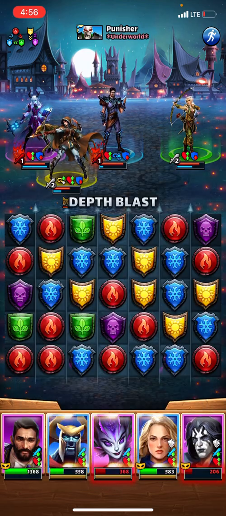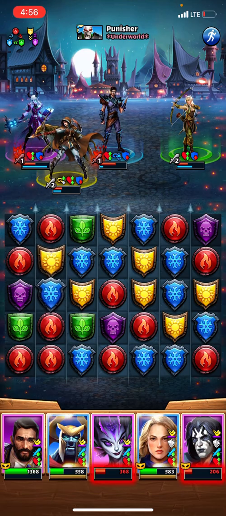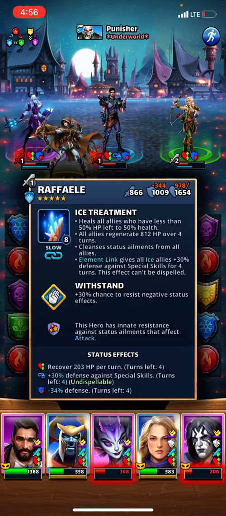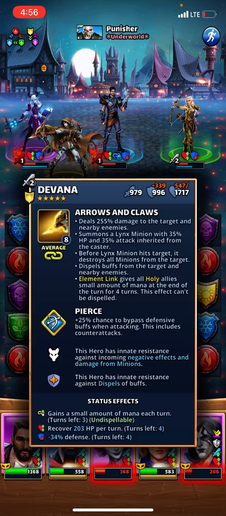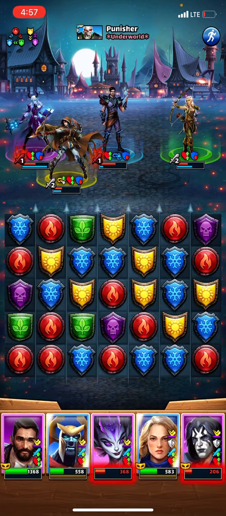Let's see what Ursina does with this defense down and attack up. Alright, so now Liana's down below half. She's at 600 of 1500, so just over 30%. 978 of 1654, so he's still at 50-ish. She's down significantly. And now Maligna, 867 of 1761, so that's pretty good too. All right,